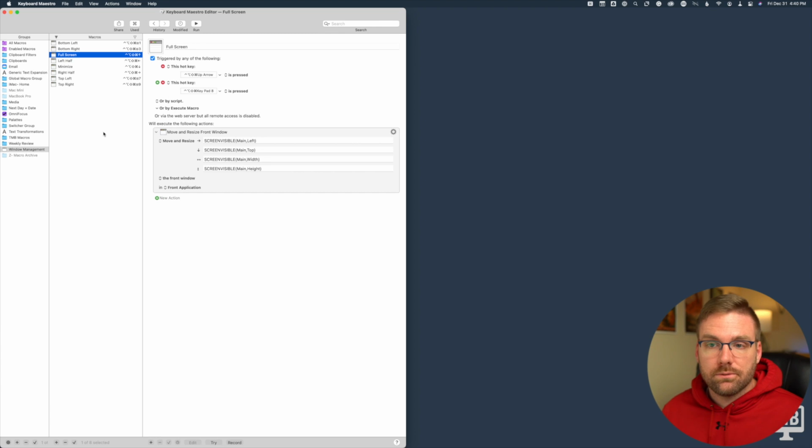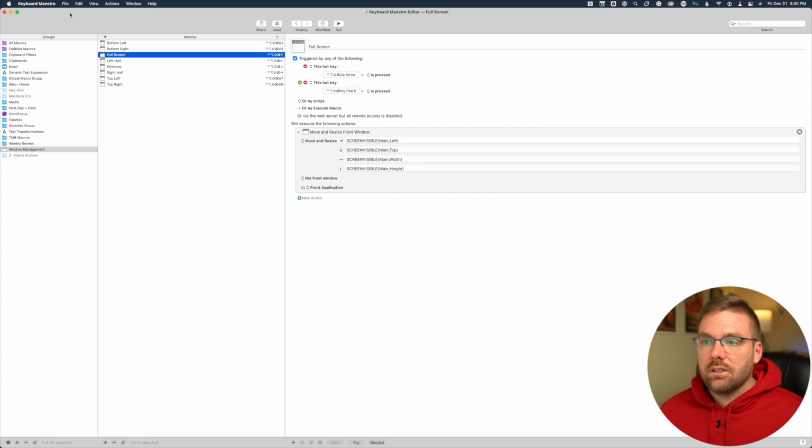So what I mean by quasi full screen is it doesn't go into full screen mode by hitting that green button up there, which would take over everything. It just fills the space instead of hiding the menu bar up at the top and doing all that stuff. It just fills the screen, which is pretty uncommon for me to use, but it's there if I need it.